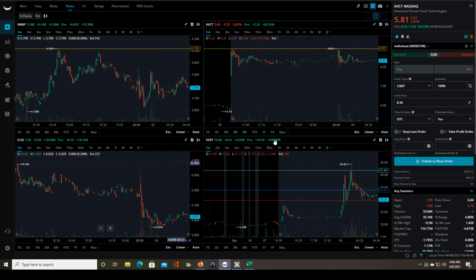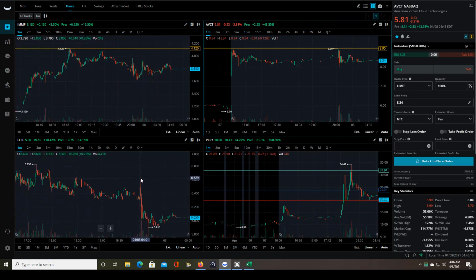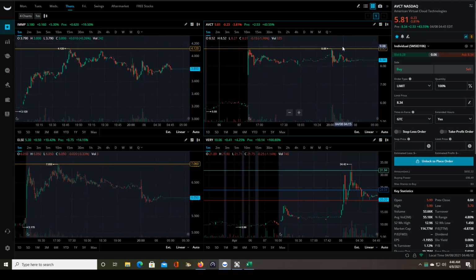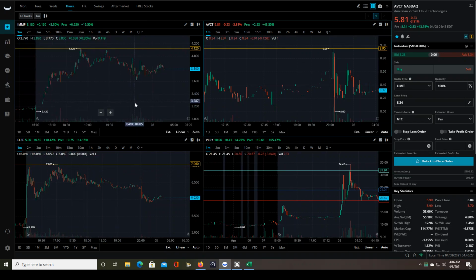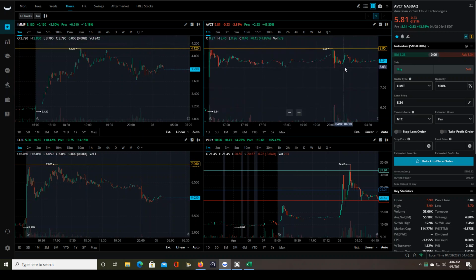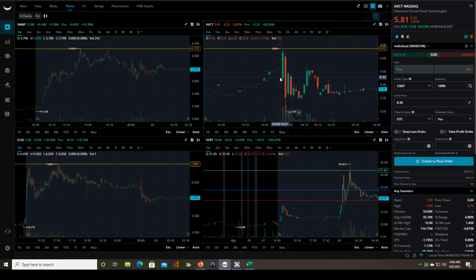So first of all, on the top 3 volume stocks, I marked out the previous session's high. So this is a high from the aftermarket from yesterday. This is a high actually that was established on the 402 candle on Avct, and then over here the high is from the aftermarket, and you can see that none of them broke through those highs, and this one became